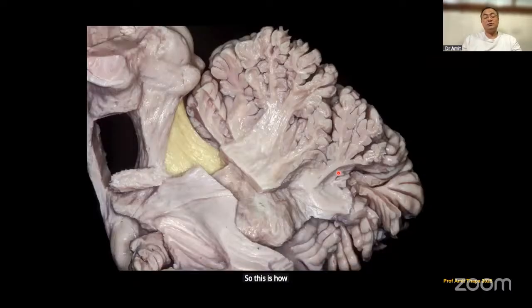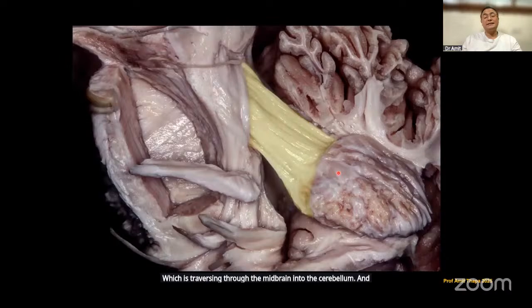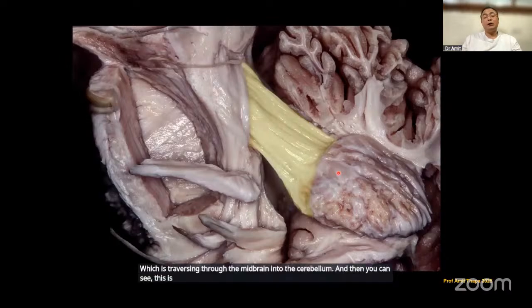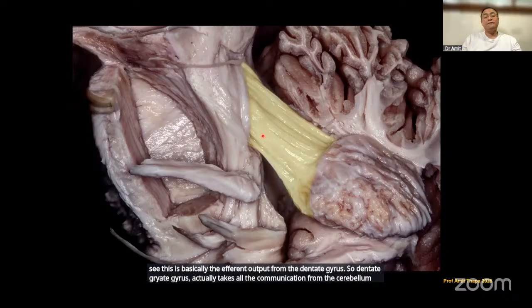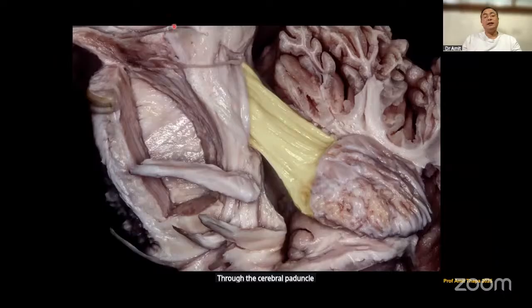This is the superior cerebellar peduncle, which traverses through the midbrain into the cerebellum. And you can see this is basically the efferent output from the dentate nucleus. The dentate nucleus takes all the communication from the cerebellum and throws the efferent out through the superior cerebellar peduncle,